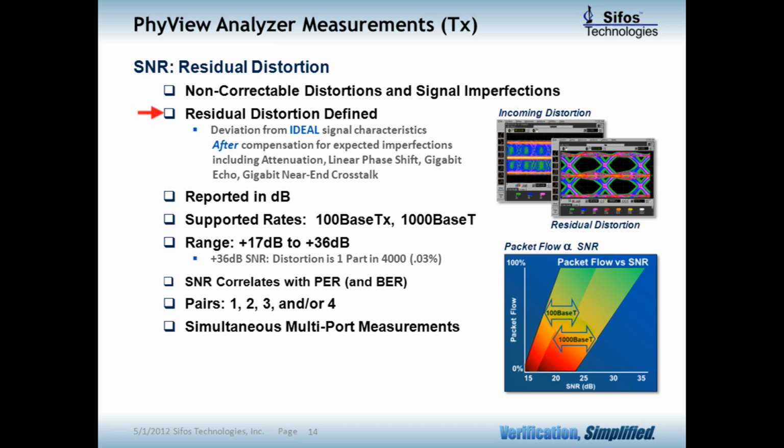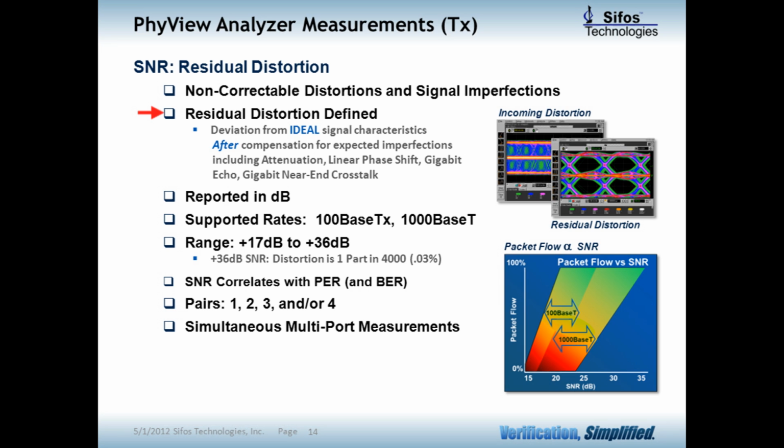Common causes of residual distortion would include alien crosstalk or amplitude noise ingress, signal clipping or compression, severe wideband attenuation, nonlinear filtering, and excessive phase noise or jitter. SNR is a vital, direct, and time-efficient predictor of theoretical bit error rate. That is because any form of signal distortion that a receiver cannot correct for will ultimately flow through into the